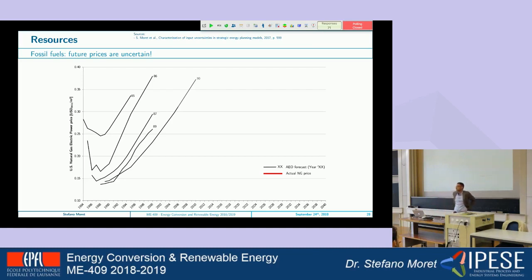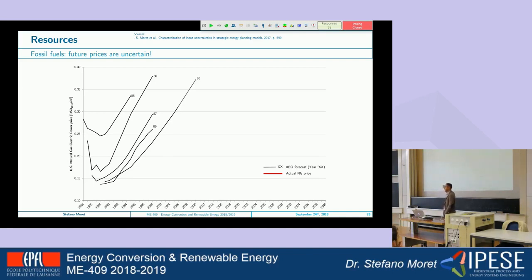There is one last thing I would like to mention about fossil fuels. So this is an analysis I made last year about forecasts that were made of natural gas prices. When you see the forecast in 20, 30 years of how much the prices will be, there's only one thing that you know about this forecast. And the only thing you know is that this forecast will be wrong. So if you look in the past, these are the forecasts that were made in the 1980s in the US about the prices of natural gas. So each black line is a forecast that was made in different years. For example, the first forecast was made in 85, the second in 86, and so on.